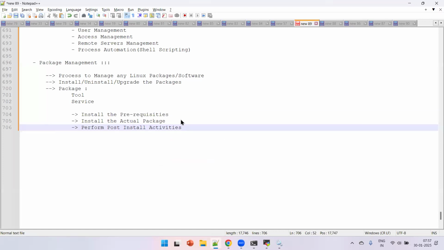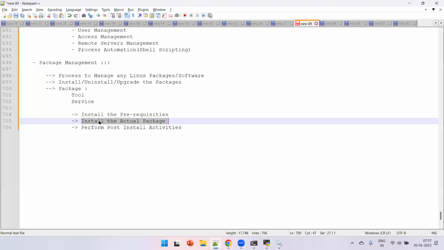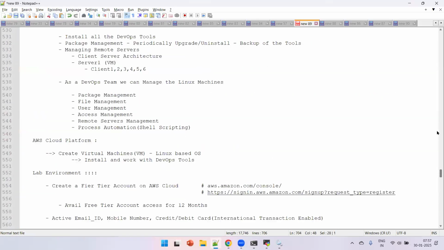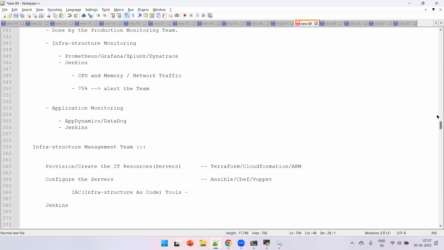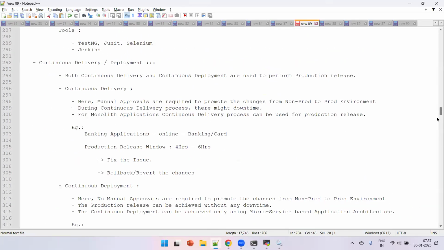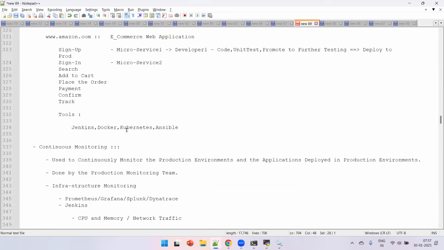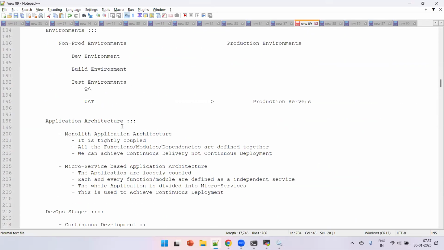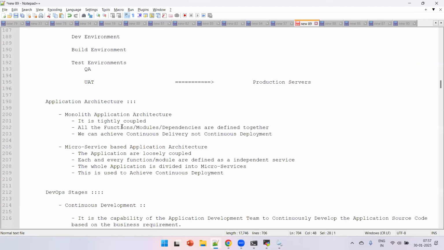Our intention is to install the package directly, but you can't just go and install it. You have to understand the prerequisite. You have to implement it first, and then only it can be implemented. For example, in my previous session, I was talking about some tools to perform the build, like continuous integration and continuous development. We were talking about various DevOps tools,